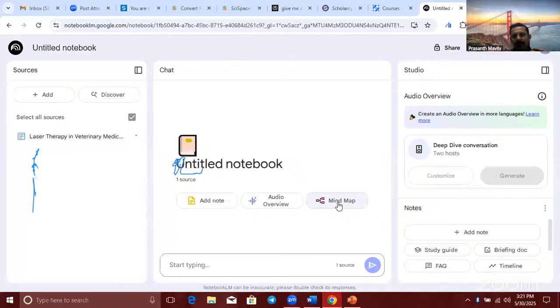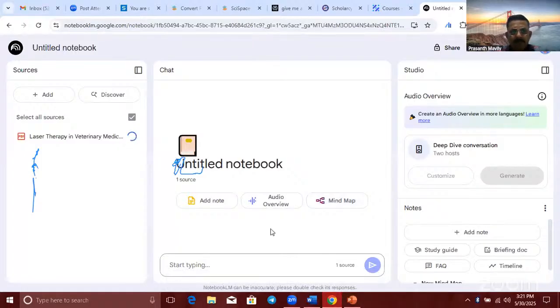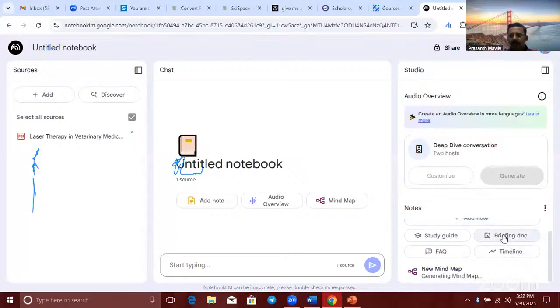And you can create a mind map first. Or you can go for a study guide. It's generating the mind map also.